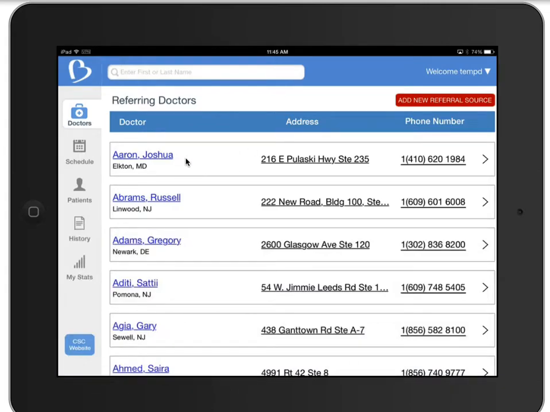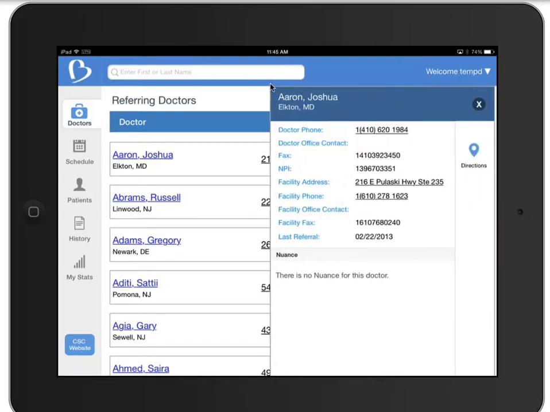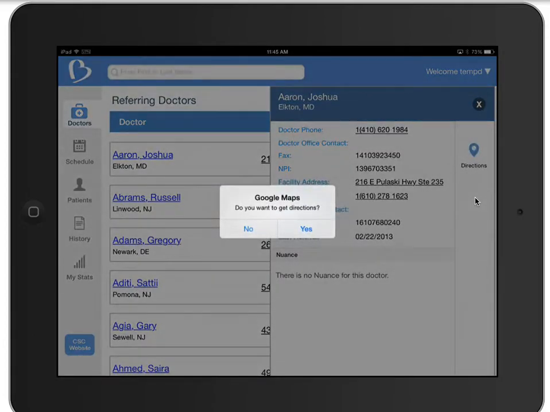Now, when I click on the name of the doctor, you'll see this section slide out here where you will see all of the information: doctor phone, doctor office contact, fax, NPI, etc. This is the information that the intake team has when they are entering doctors, and this is the info that is feeding from PCL. Now you'll notice this directions button here, and clicking on this will prompt you to open